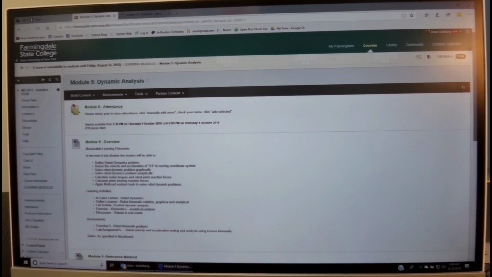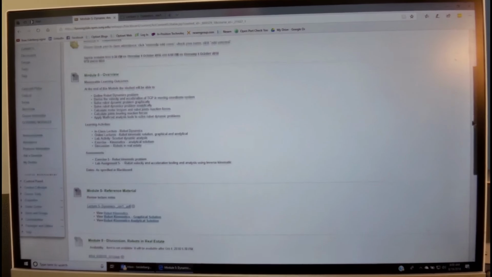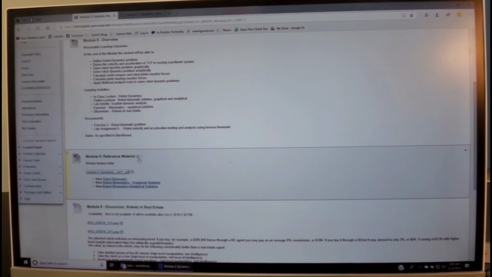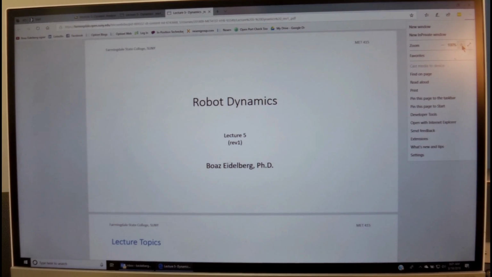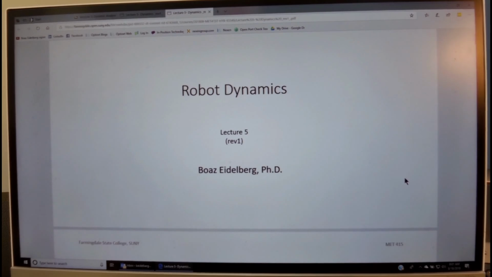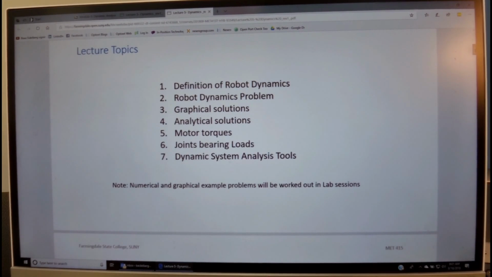We will open up Module 5 and go to the reference material, and then click on Lecture 5, Dynamics. We open up the lecture so it will be visible, and the topics that we'll cover include the definition of the robot